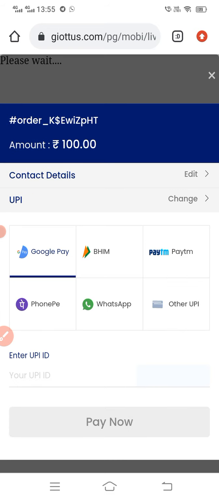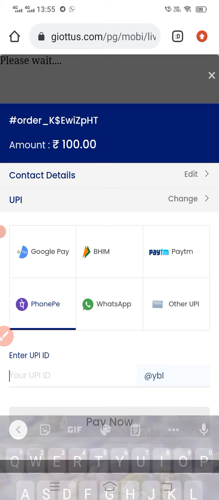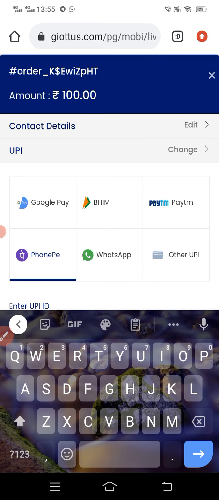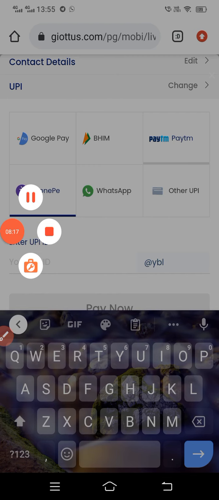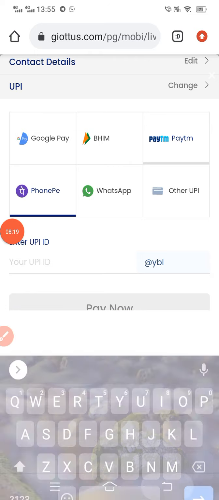Click on UPI: Google Pay, BHIM, Paytm, PhonePe, WhatsApp, other. You can use all of them. If you want to go for PhonePe, you go for PhonePe. Enter your UPI ID here and pay now. You will get a message there. You pay there, and the amount will be deposited. Very, very easy.